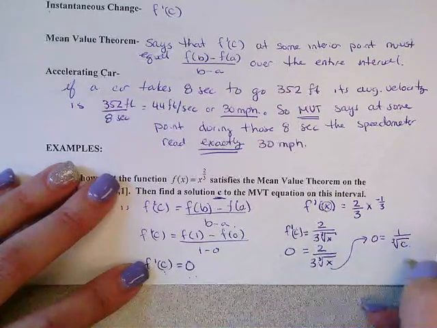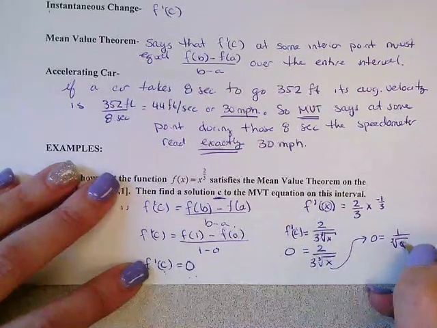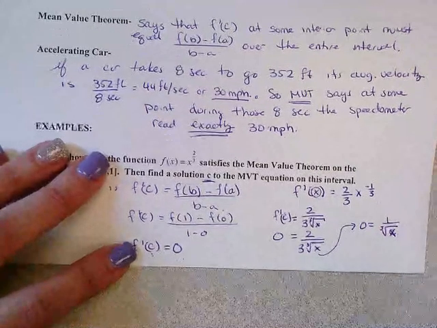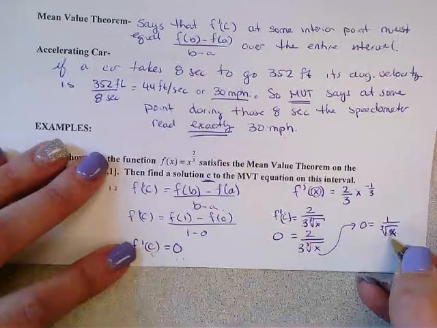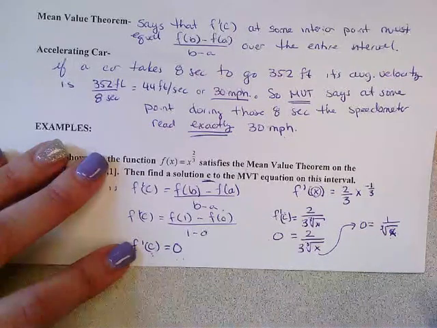Because we're just solving for our x or a c. You can call it whatever you want. It doesn't really matter. It ends up being the same thing. All right, so once you solve this,